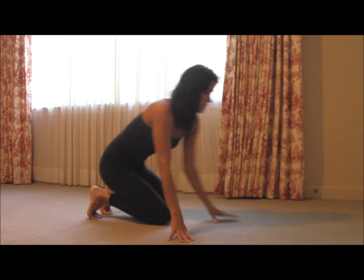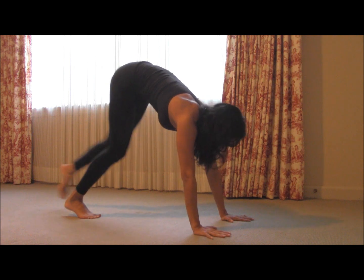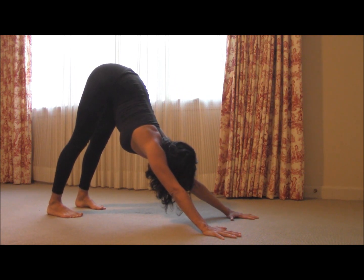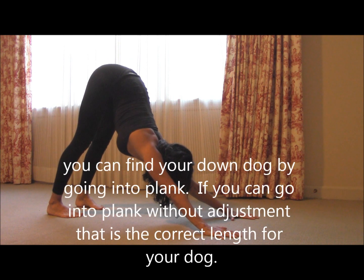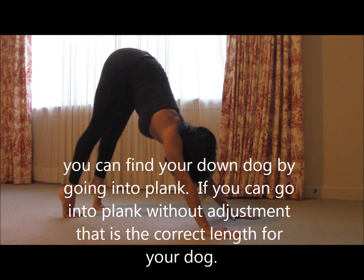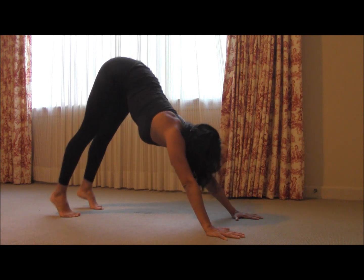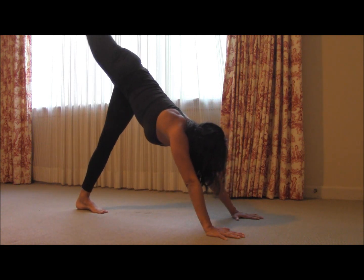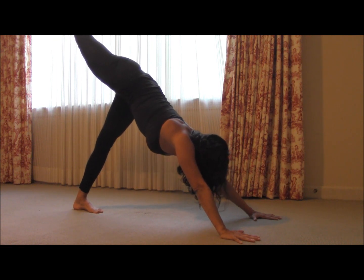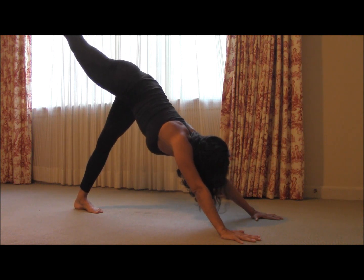So what you want to do to begin is begin in down dog. You want your legs stretched back as such, your abs in. You can walk it out a little bit. And then from here, what you want to do is you want to go to three-legged dog, and you can adjust so that you're in the right position. Your hips should be squared,